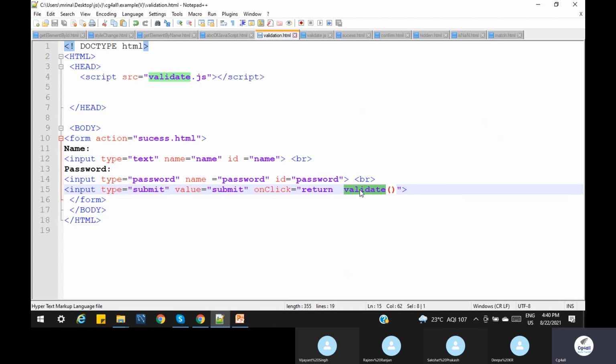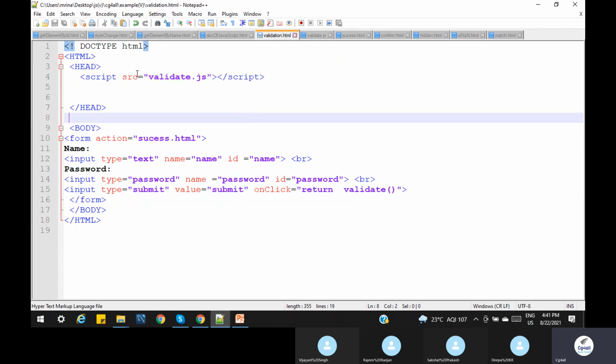Till now we have already understood how to write JavaScript code within the script tag. There is another way to write JavaScript, by using an external file. That is the best practice. The example I am showing you has very little code, but the concept is the same. Suppose you are working in a real-time project, where 2000 or 4000 lines of code are there. In that case we use an external JS file. How do we use that?